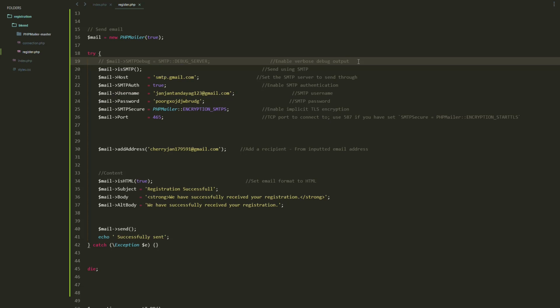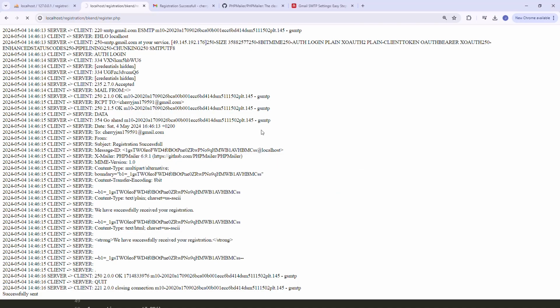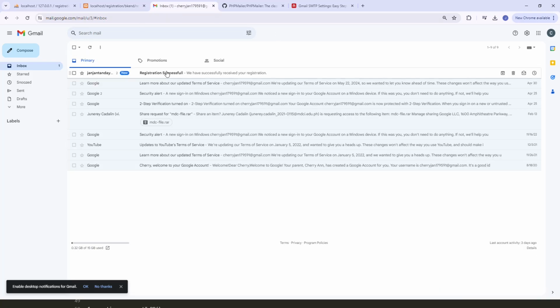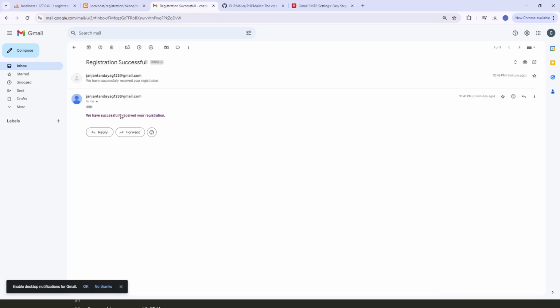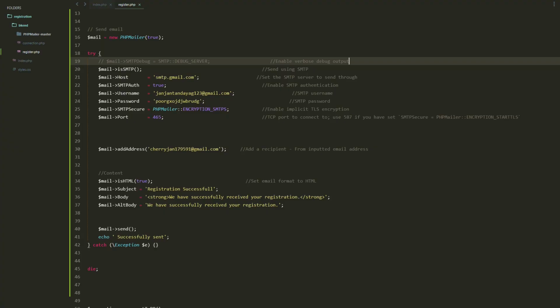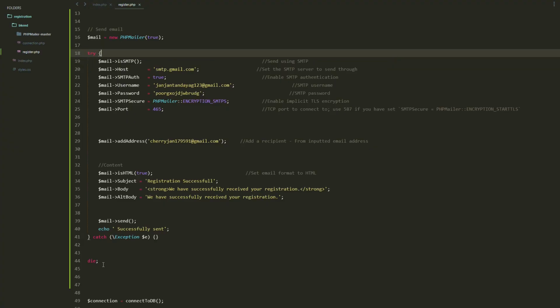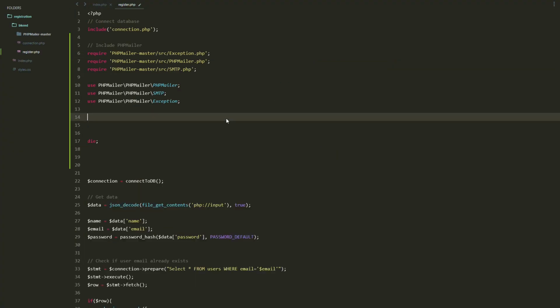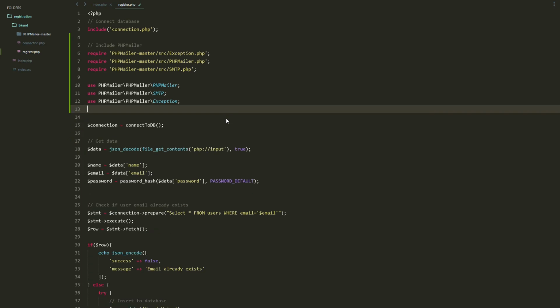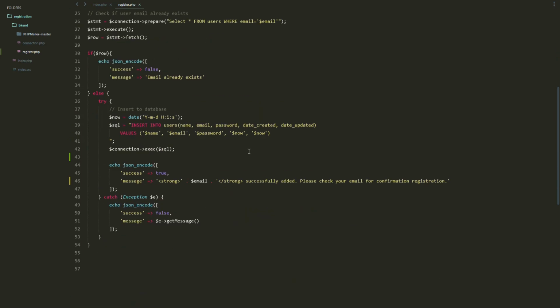Yeah, I think this one, so we won't be able to receive or display these messages. So if we check again, we have received the registration. So let's remove that one, and then let's move it to this